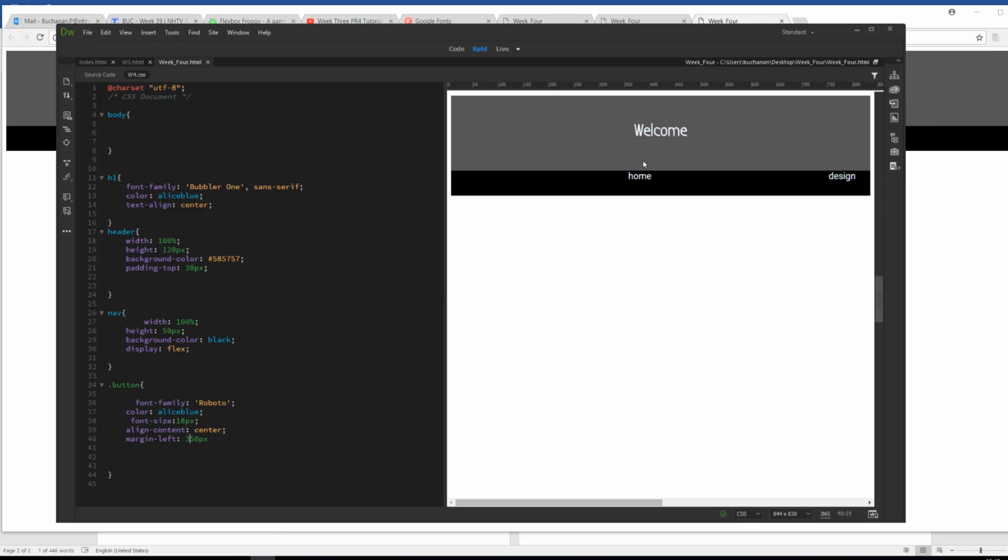Now the last thing we want to do is put a bit of a margin on the top of the buttons themselves. So if we go to here and we go to margin-top, and we say 15 pixels, we can see it now drops it down a little bit, and it kind of centers that within the nav tag itself. So that is how we make our